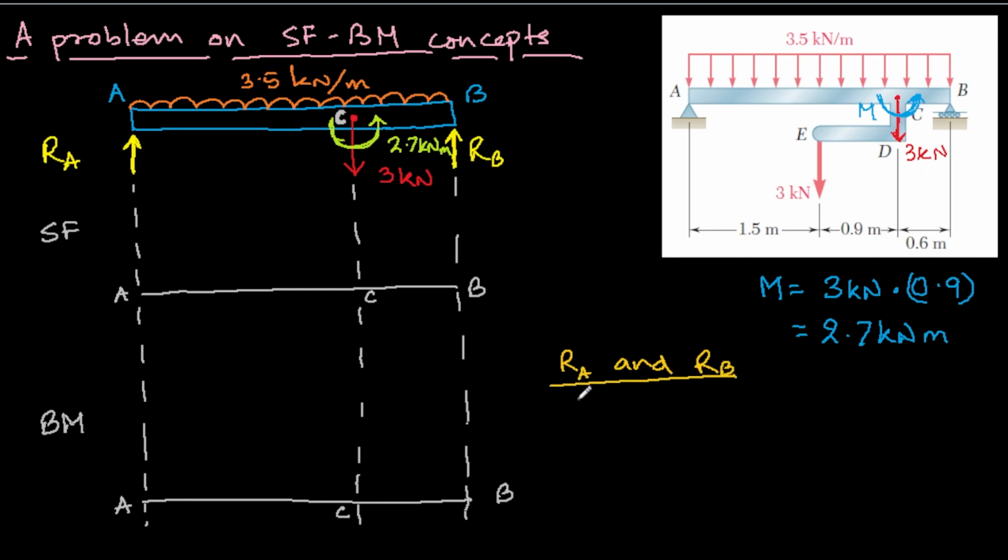Okay, now how to find RA? We take the moment about the point B, which should go to 0. So we write RA times the full distance. The full distance is how much? 1.5 plus 0.9 is 2.4, plus 0.6, so 3 meters. So this is 3 meters in the clockwise direction, plus